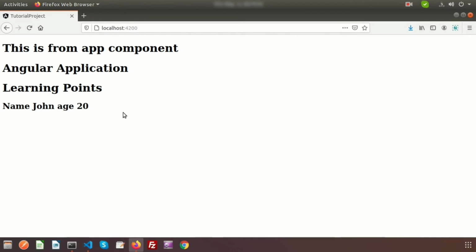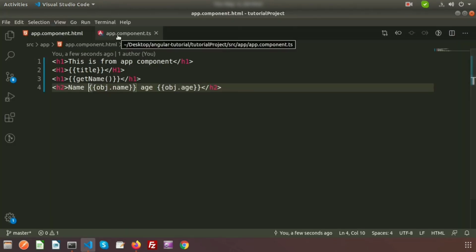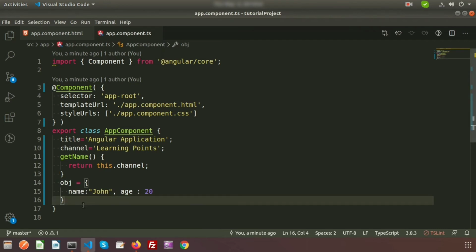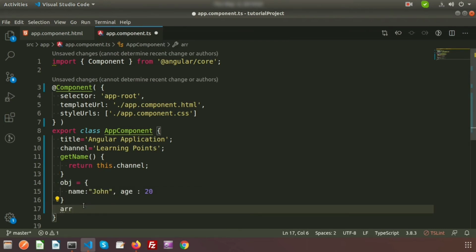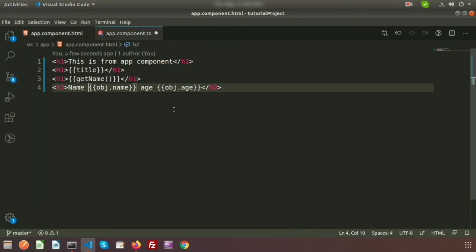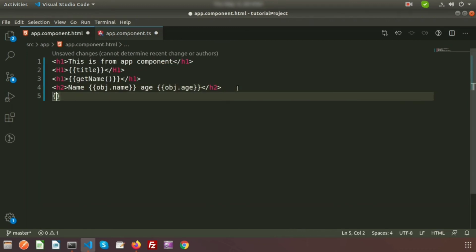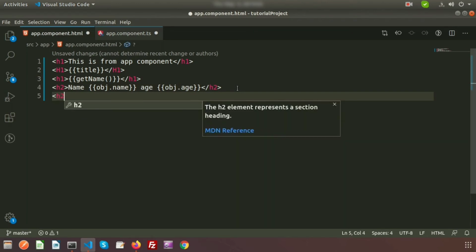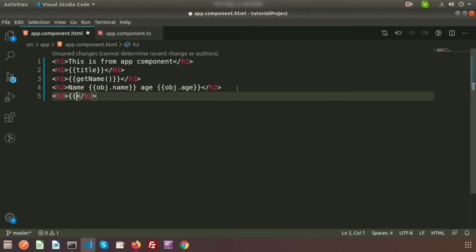So in this way we can get access of array also. So just create array. Inside this, suppose I am creating an array variable, that is arr is the array variable, and use the braces, and suppose I am providing some random names, that is David and Mark, and the third name, suppose I am writing Jack. So if we just call this array from HTML, simply it will print the output. So inside the h2 we are just printing the array.